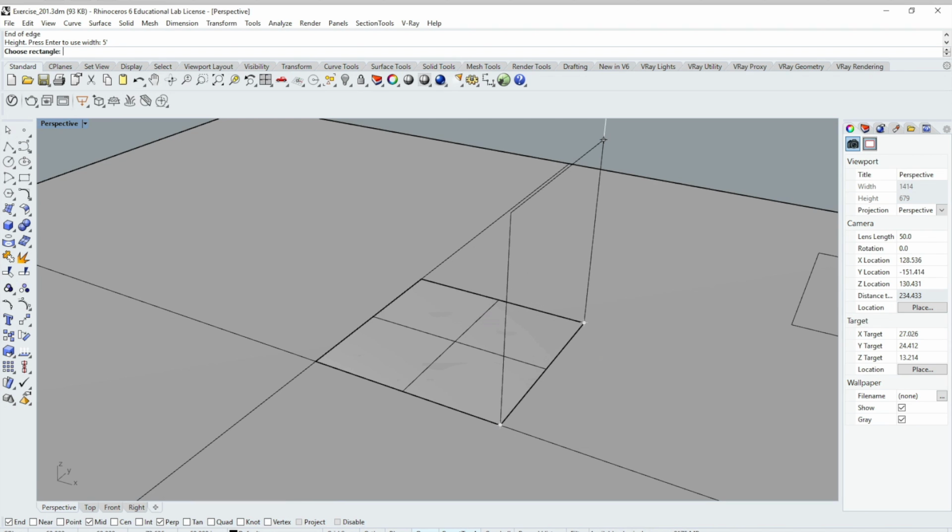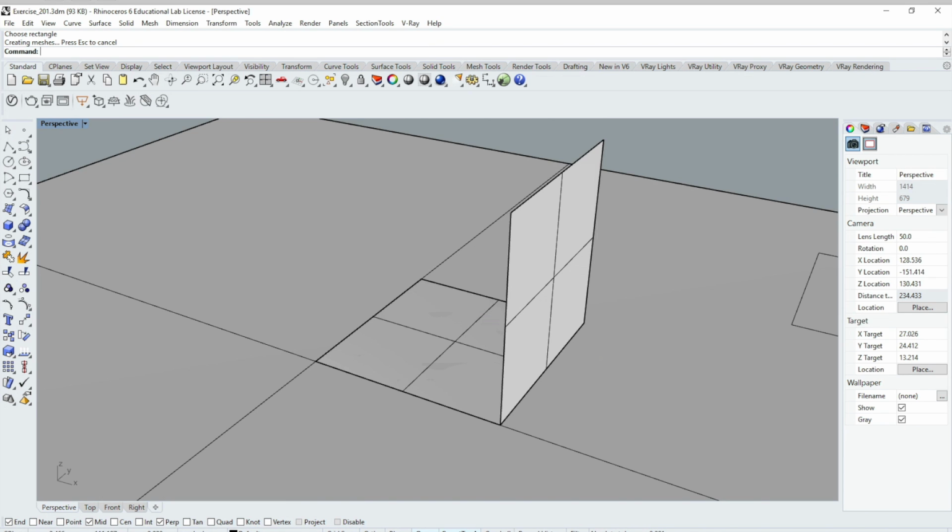Now, instead of having the shape appear right away, it's going to ask me to choose rectangle. Essentially, that's the direction. Do I want the rectangle facing down, or do I want it facing up? And I have to click on the side that I want it facing. So in this case, I want it facing up, so I'll put my mouse on the up side and do a left click right there, a standard click to create that plane.